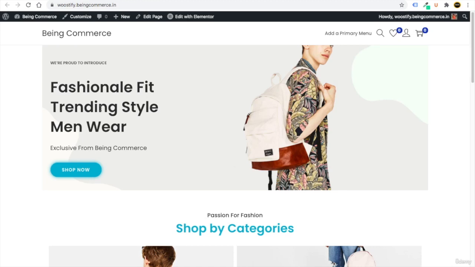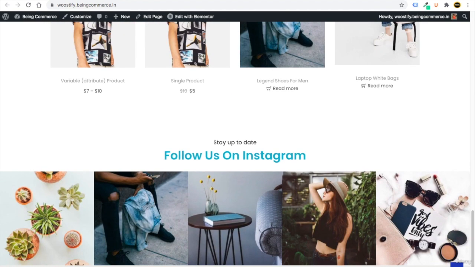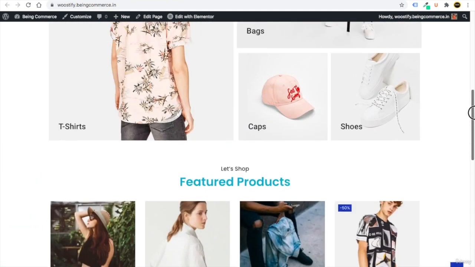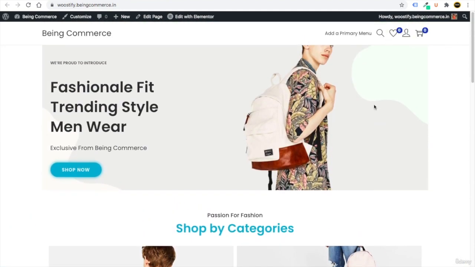So now guys, we are going to create the header for our website. The header will show here. First of all, the header is this top section and the footer is this down section. So we have to customize, or create, our header and footer. Inside the header, we have to create one menu.